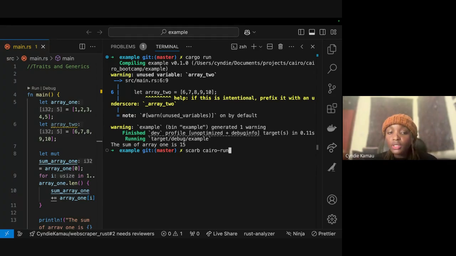So these are some of the subtle differences between Rust and Cairo. Otherwise, the syntax is still the same. Okay, so you can see the sum of our first array is 15, right?